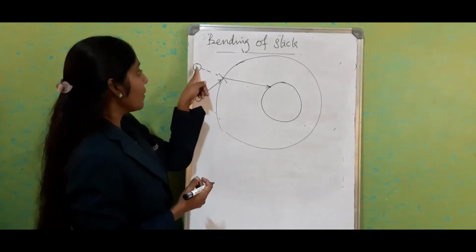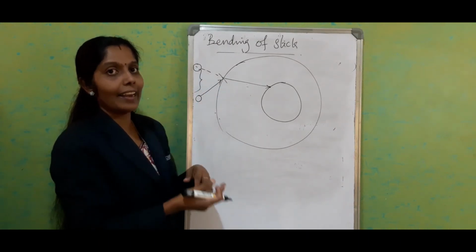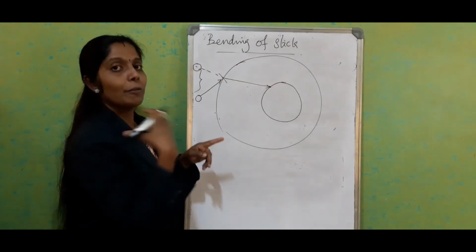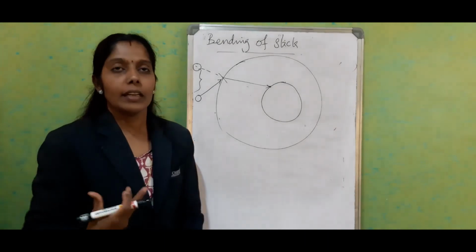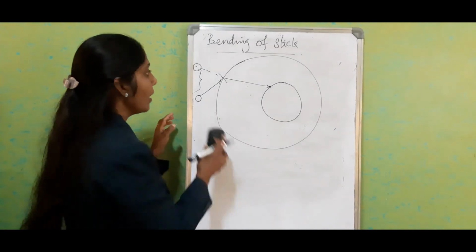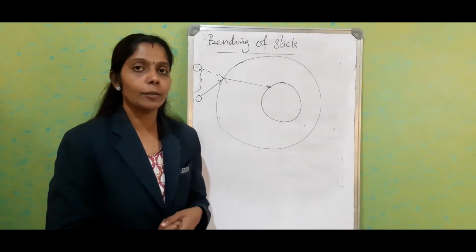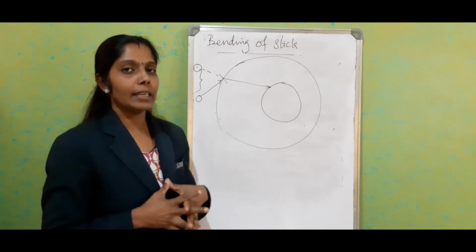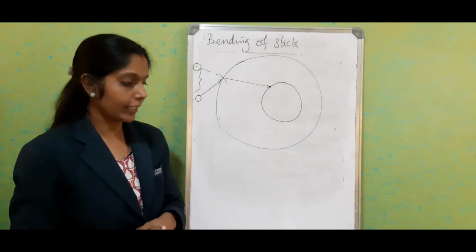If it is sunset, we can see the sun for this much more time, or at sunrise, when the sun is here, 4 or 5 minutes earlier we could see the sun. Another example is the desert mirage. Mirage is not only due to refraction, even total internal reflection is also there. That I will explain in the coming classes. So we can tell that mirage is also an application of refraction of light rays.